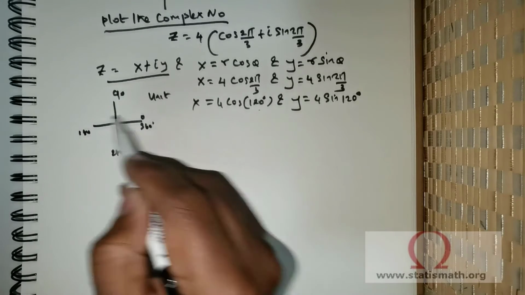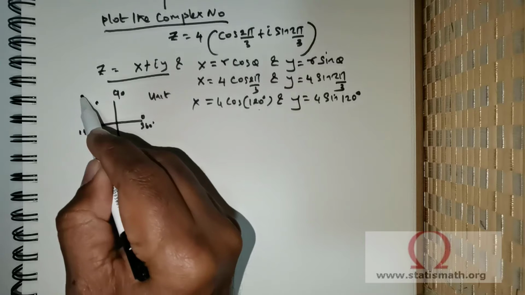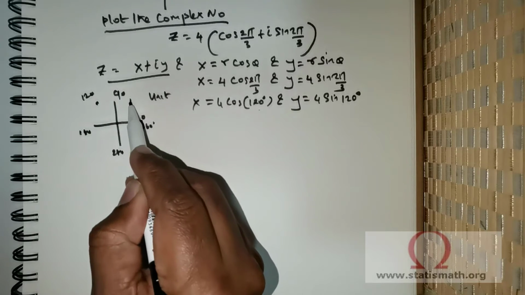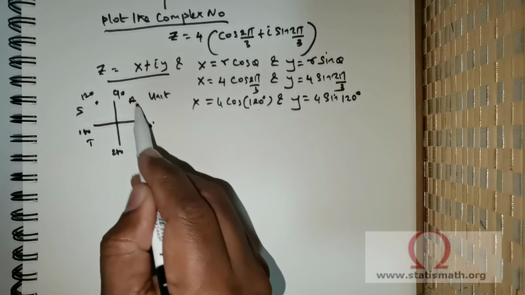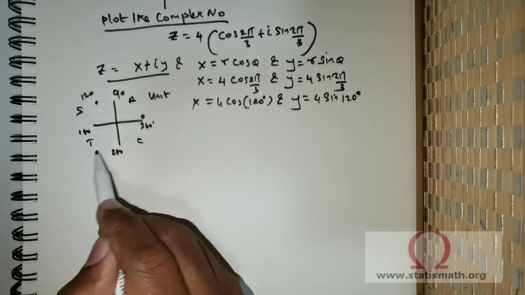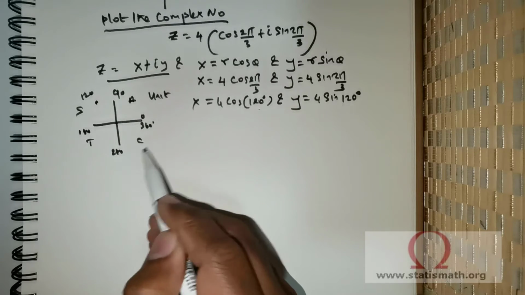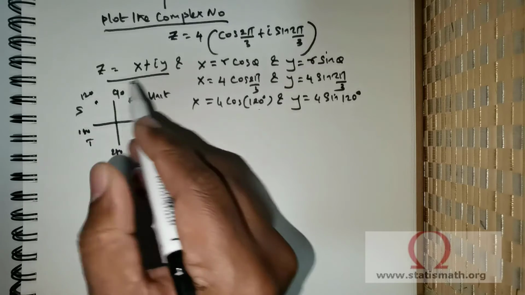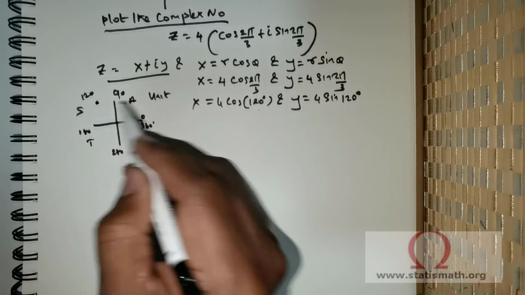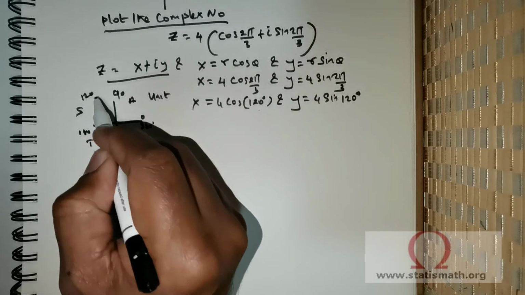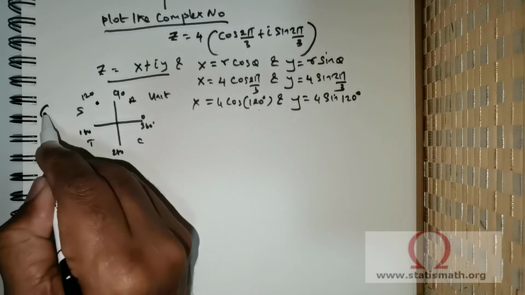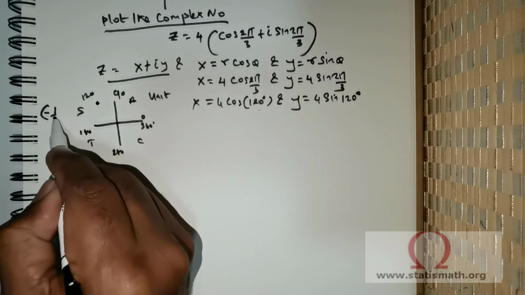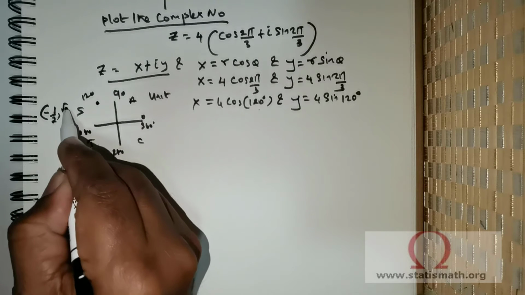120 is featuring somewhere over here. Now we know this is the quadrant where all ratios are possible, sine alone is positive, tan is positive, and cosine and its reciprocals are positive here. So cos 120 in this case is going to be negative. The value would be negative 1 over 2 for cosine and positive root 3